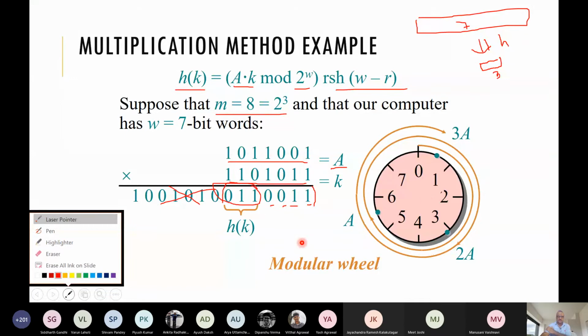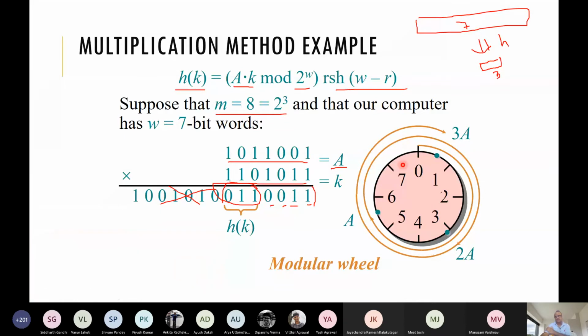That is a good question, but I don't know. We have to check that. We have to choose some A, get some set K of keys, and then see that the same A may not be good for another set of keys. So that is the problem.